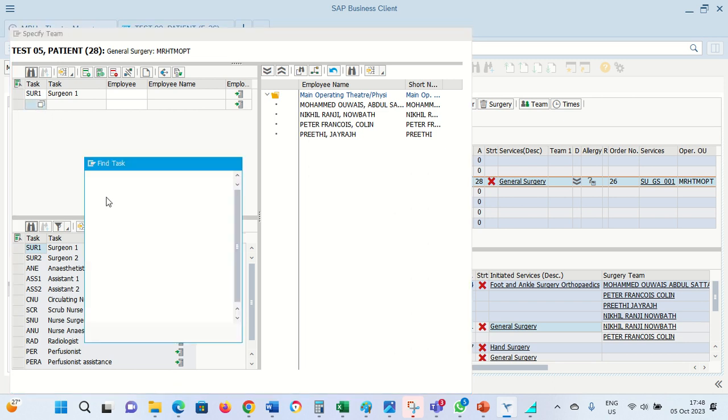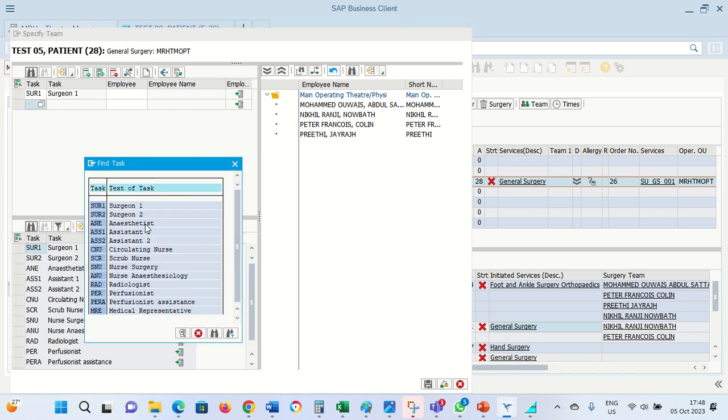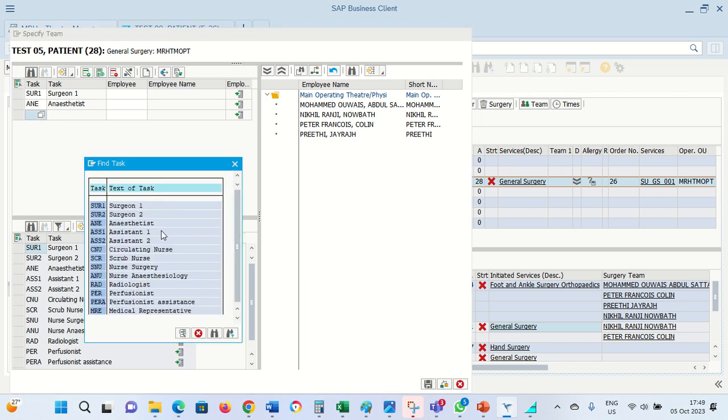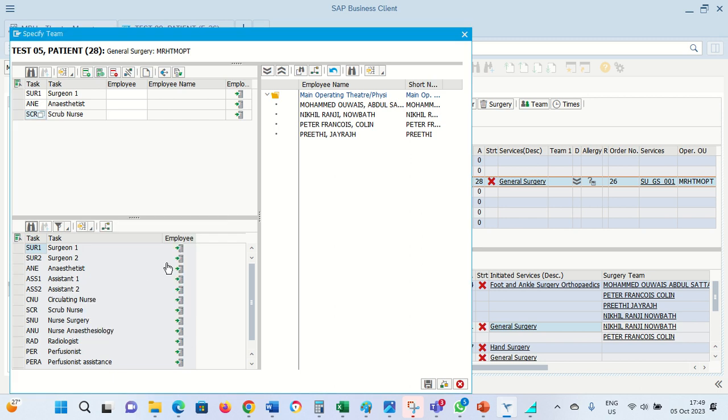Then I come here, probably I need another row. I put that row there. Then I come again and I put another row. And then I add a task. Probably I need a scrub nurse. Once I've put these rows,